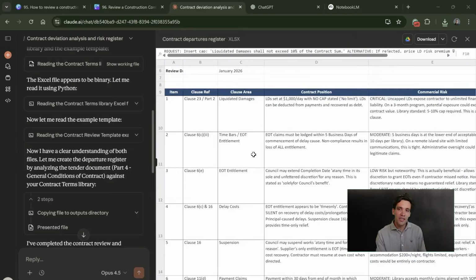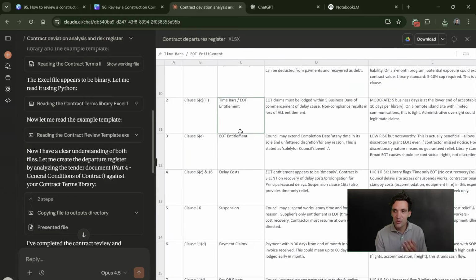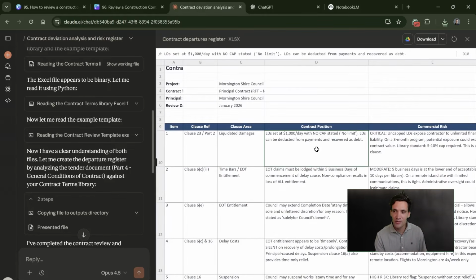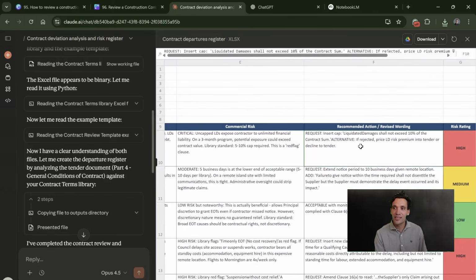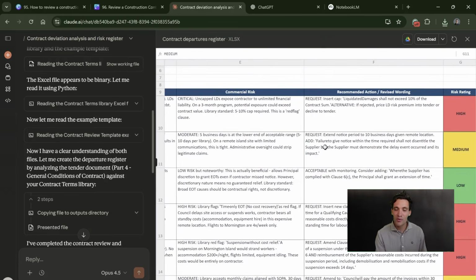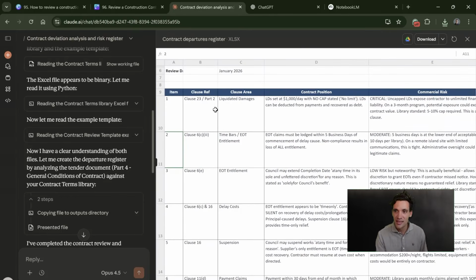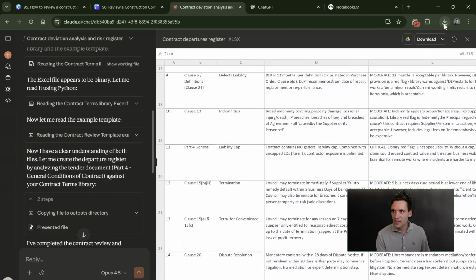And now it's finished running. We've got our contract departures register, which has the clauses, the references to them, and the contract's current position. So liquidated damages at $1,000 a day with no cap, and we're requesting we cap it to 10% of the contract value. The contract position for time bars is 5 business days, and we're requesting to change it to 10 days. These are our contract positions. What we can do now is download this,